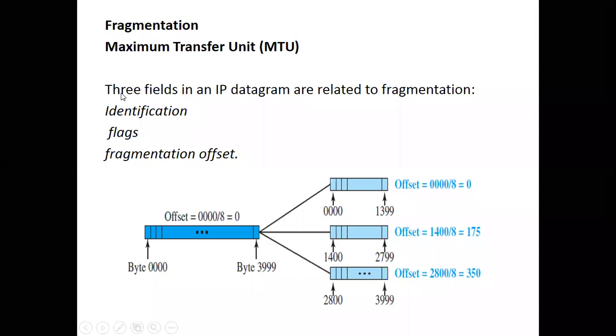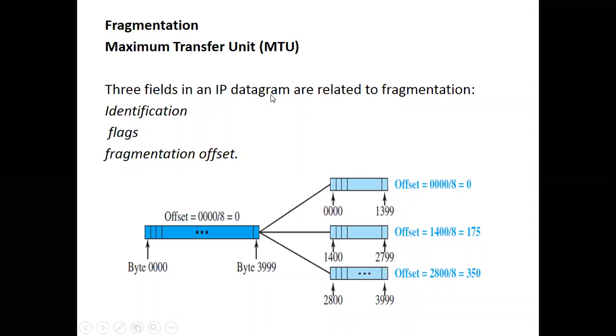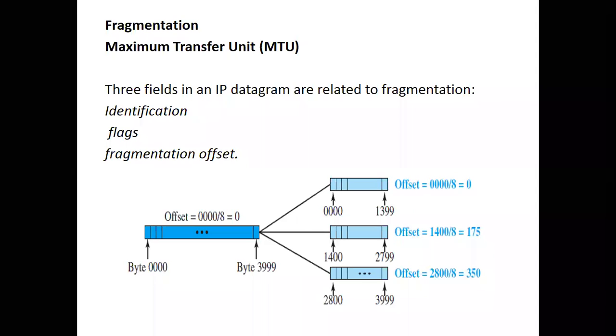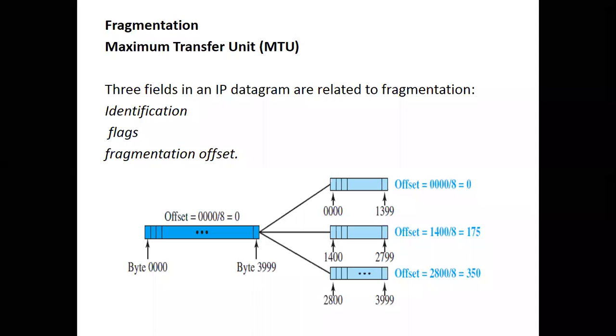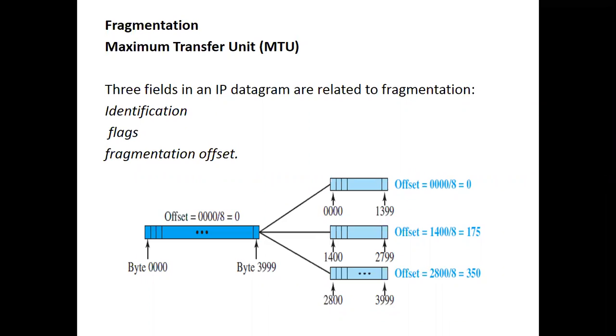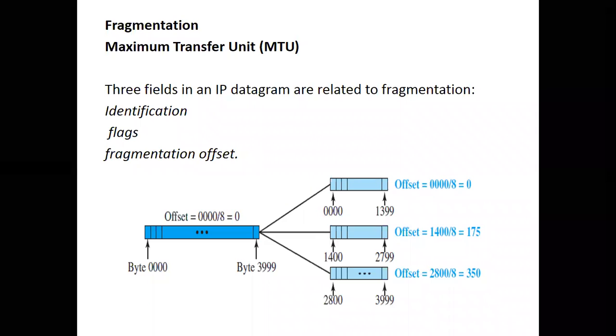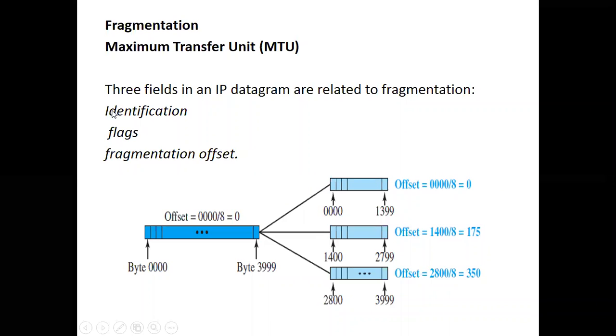There are certain fields which may get affected when the datagram fragments travel from one side to another. As I told you, if I have one datagram and I'm partitioning it into three, how can the computer network understand which is the first part, second part, third part? For that purpose, it is indicated with these three fields. These three fields will get changed during the passing of the datagram.